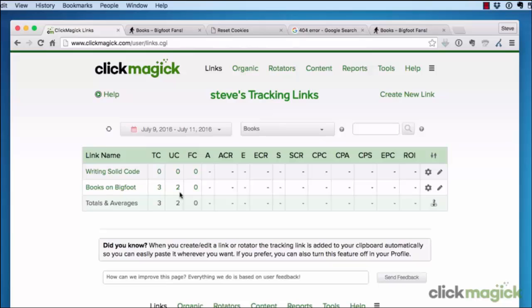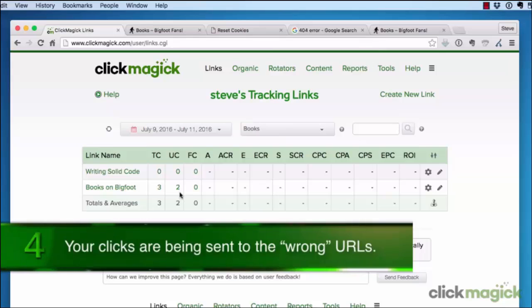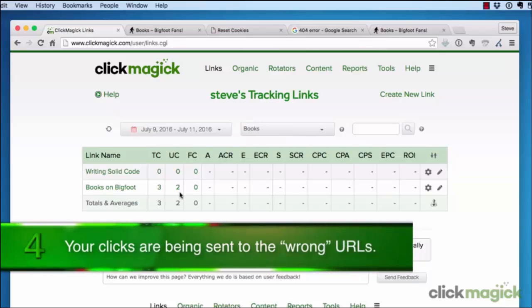So if you ever find yourself in a position where you're testing a link and you need to look like a unique click, that's the process you use. You use that reset link followed by a wait of at least 60 seconds, and then it will work for you. Now let's talk about the fourth and final area where people see something other than what they're expecting,